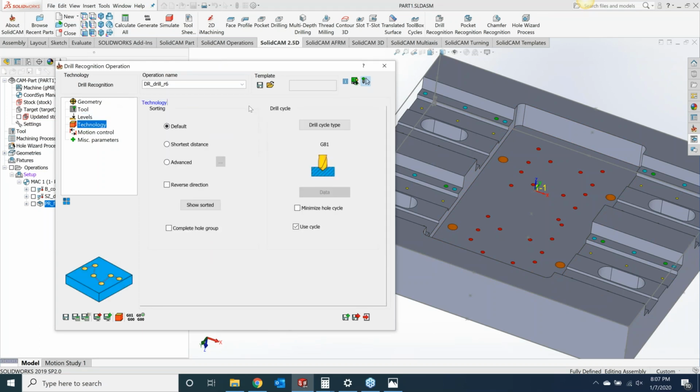And under technology is going to be the exact same thing that you guys have been seeing in the past. So we can just do a G81 cycle, or we can come in here and do a G82, G83, whatever drilling cycle that you would like to do. For this one, I will just do a G81. And right now it's going off the sorting of default, but I can do shortest distance. And like I said, this is kind of review from when we were covering drilling before, or I can do an advanced